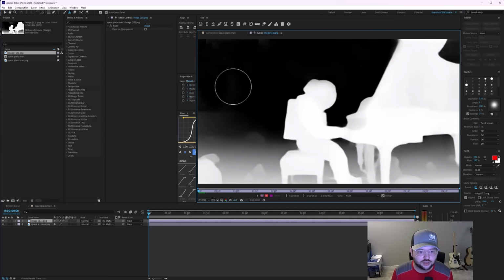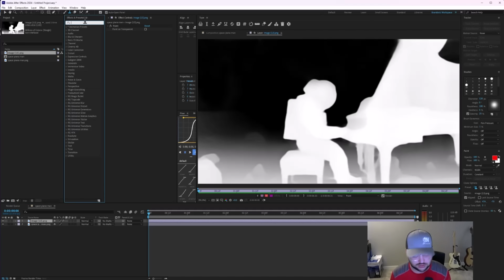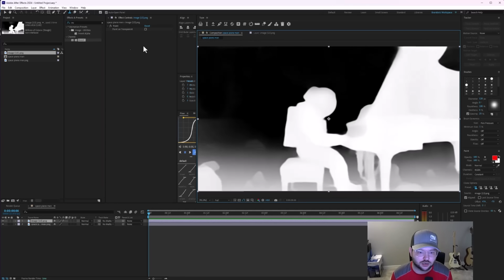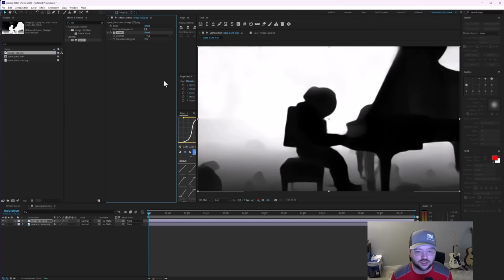I'm sure you can always do a garbage mask over this, but I want to keep these pixels the same if I can, just for consistency purposes. So that looks great to me. So next, what I want to do is invert this map. So I'm going to go up to the effects here. I'm going to click on invert, and then I'm going to go back to my composition, drag that over,